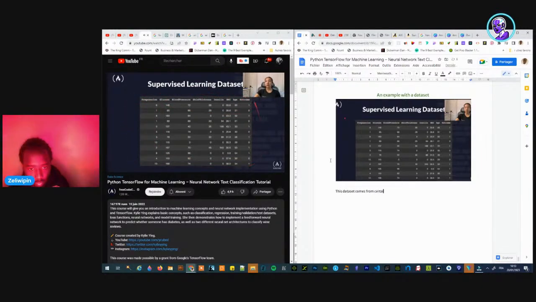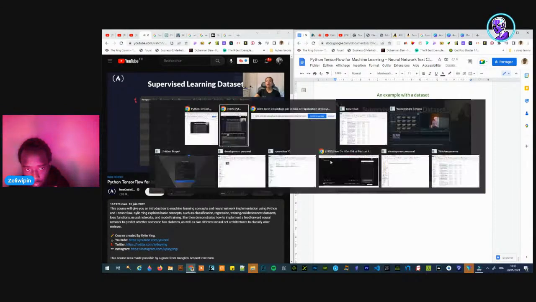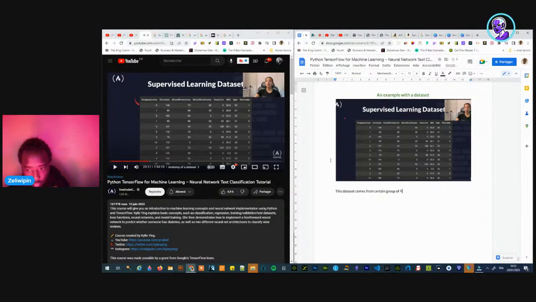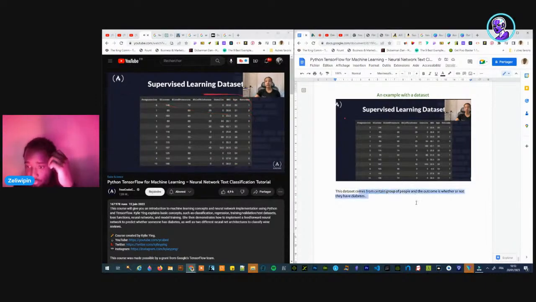This workflow of people, and the outcome is whether or not they have diabetes, from a certain group of people.